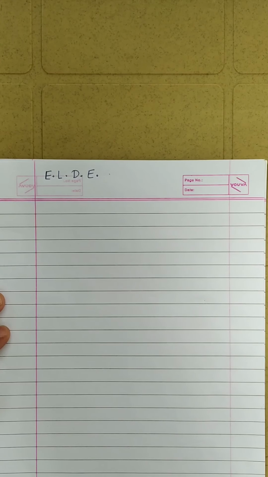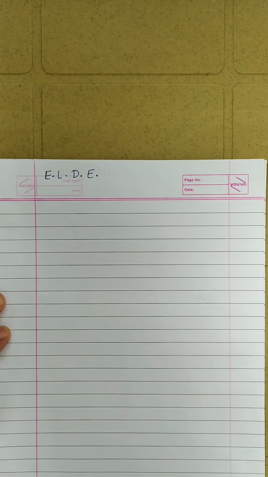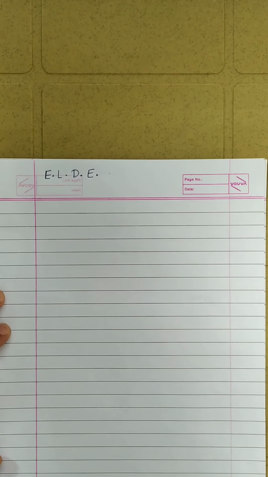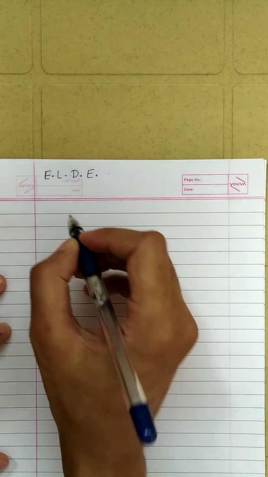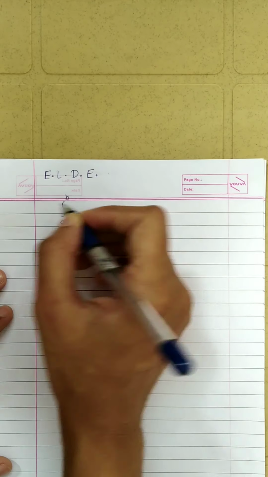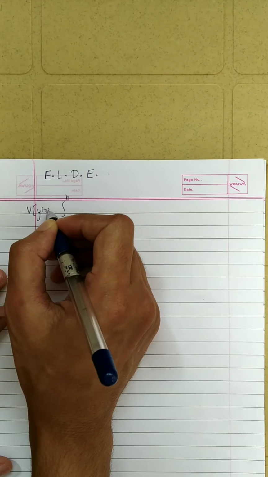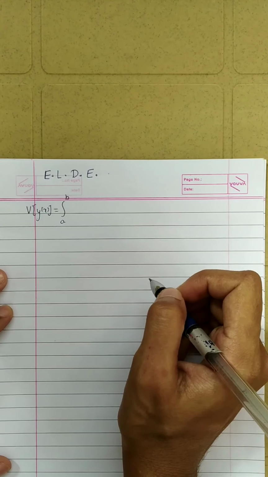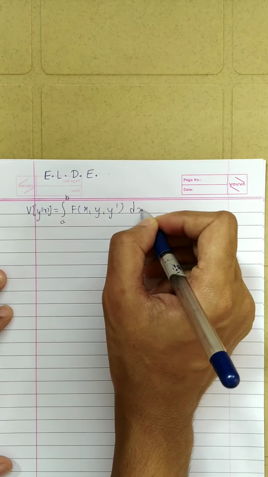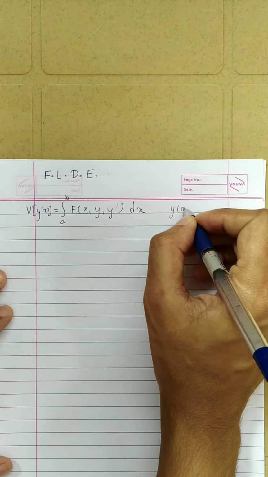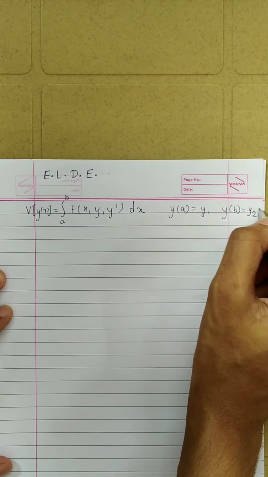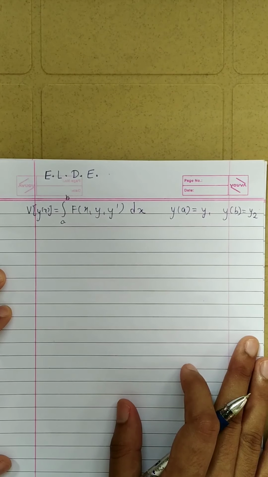Hello everyone. In the previous lecture, we derived the necessary condition for the extremal. Now, what does that mean? If we are given a functional, integral from a to b, let us suppose y of x equal to integral from a to b f of x, y, y dash dx, and y at a is equal to y1, y at b is equal to y2. We are given this functional, and